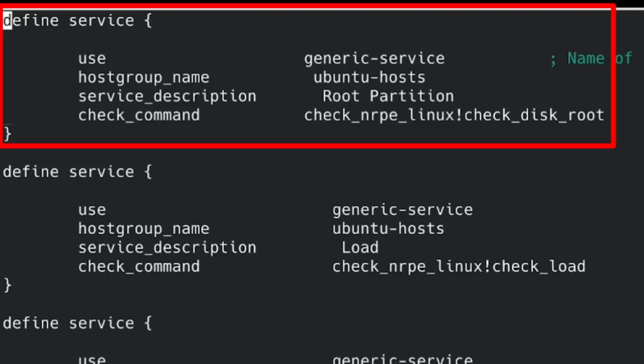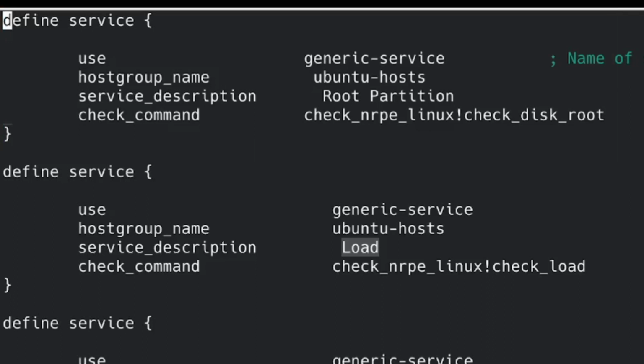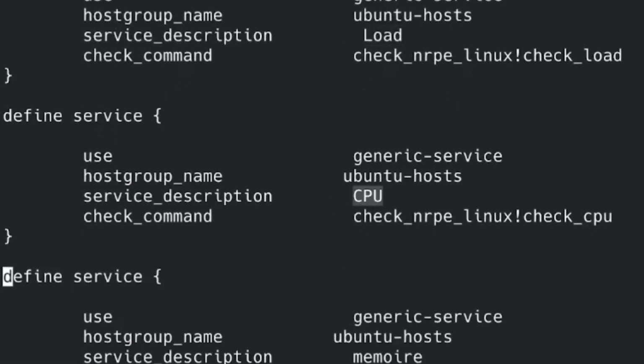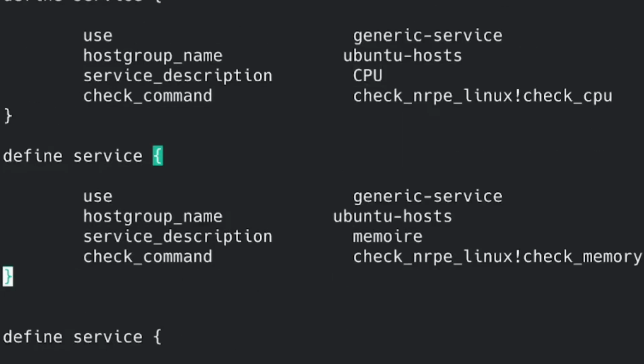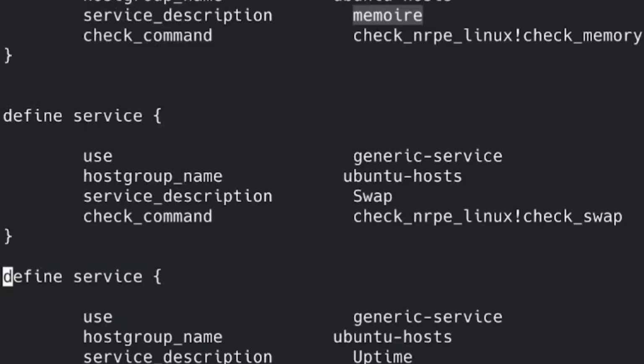Based from this configuration, you can create another service to monitor your /home partition if this one is separate from your root partition. The second service we want to configure is to monitor the machine load. The third one is to monitor the CPU usage, the memory usage, the swap usage,